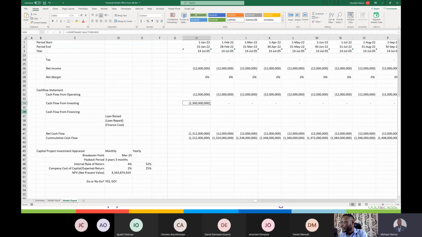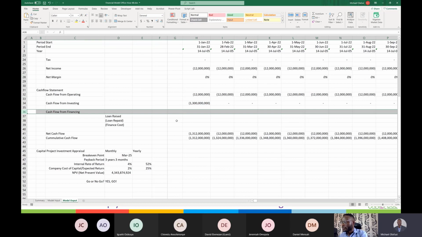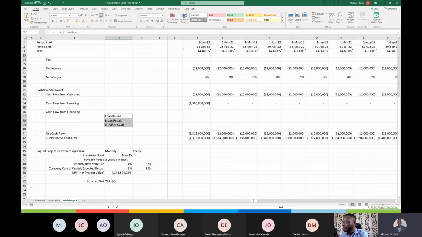Okay. Then cash from financing. So in this case we are not borrowing. For us, it's very easy to say, yes, we are not taking any loans. Usually for internal capital projects, it is the company's own resources. So the whole money is going to come from the company, and that's why we are just not worried about that. If you want, you can say it's equity, but it's really not equity. So in this case, we are just leaving out all the equity side of things and just saying, are we taking loan? If you're not taking loan, then perfect.